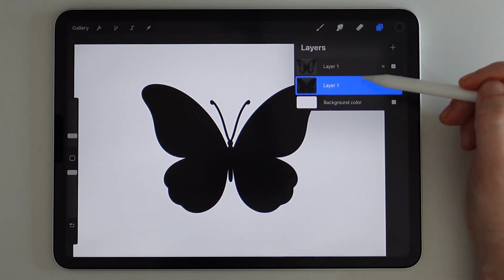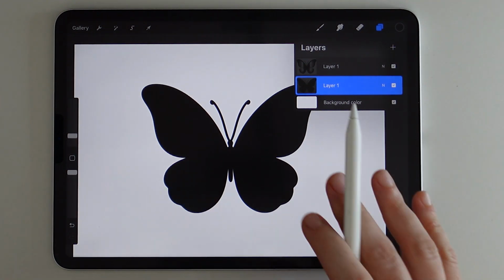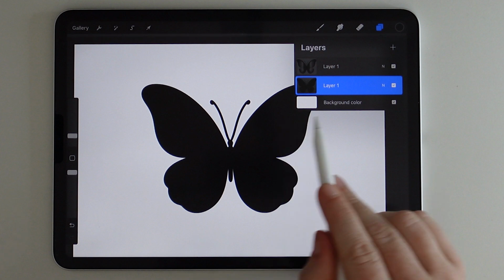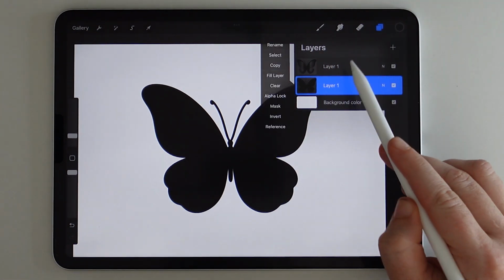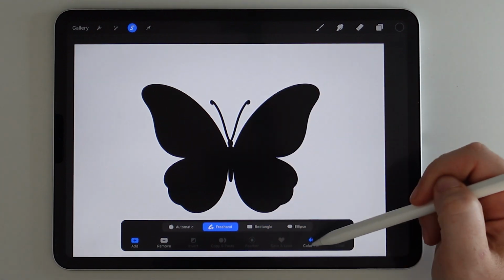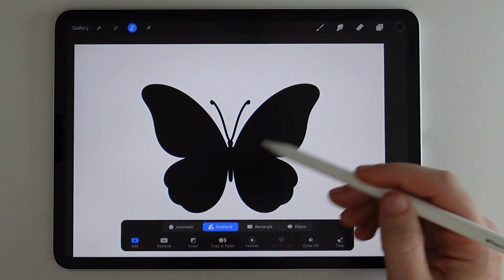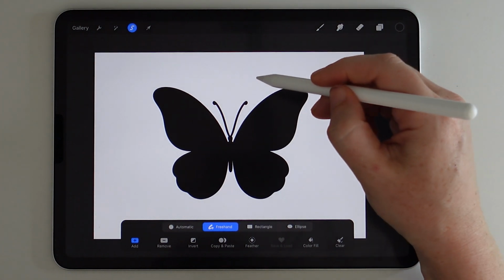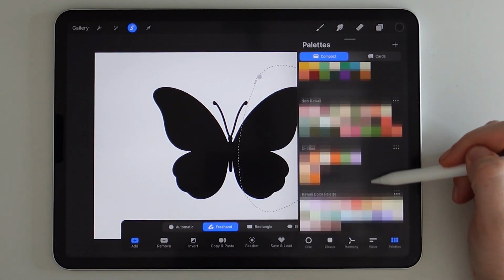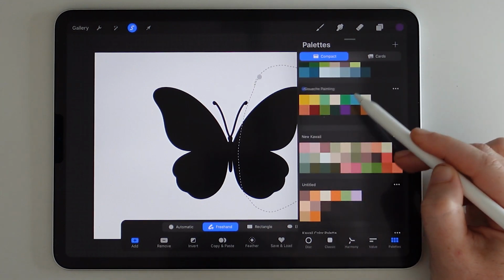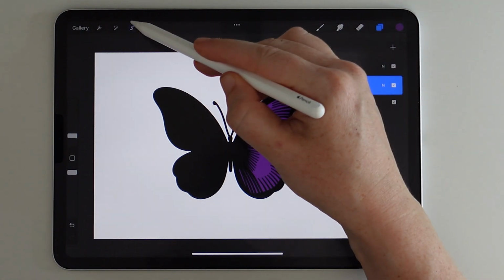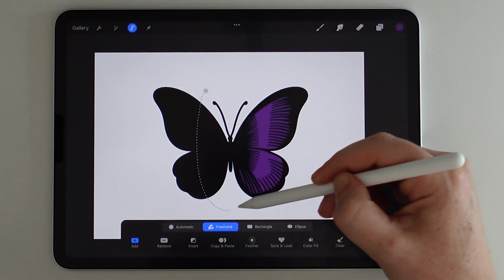Okay, so now we have a filled in, just a black flat version of the butterfly that we chose. So this is our chosen butterfly, but here's just a flat black version of it. And then I am going to turn on alpha lock on that butterfly, and I'm going to use my lasso tool again, but I'm going to just have it freehand, and I'm not going to use color fill. But what I will do is I will create a lasso, and I will choose another color. So I'll choose this purple and fill that in,